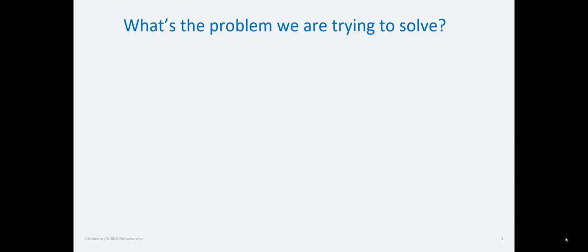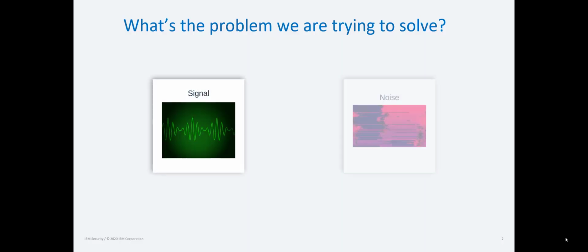Okay, so let's get right to it. The problem we're trying to solve is about signal to noise. It is so easy to get a bunch of garbage data in front of you and not be able to see the data you need, right? The classic needle and haystack problem is we want to be able to get all of the valuable security information right in front of you without being stuck in the dross of all of those things that just distract us